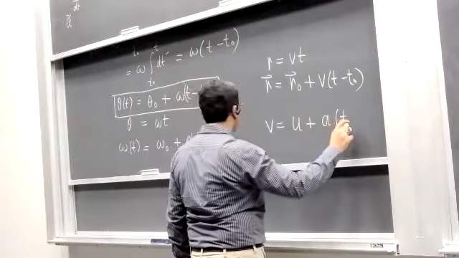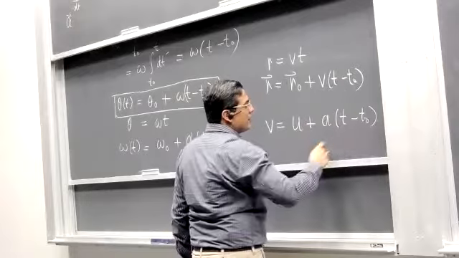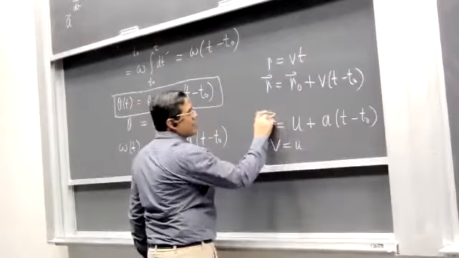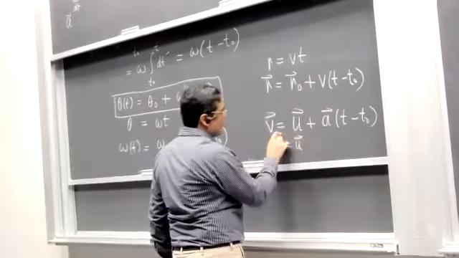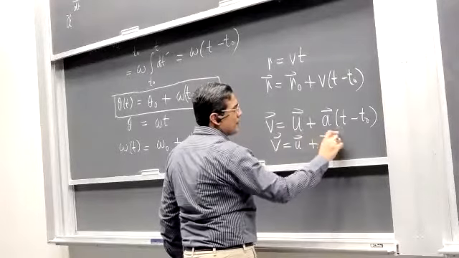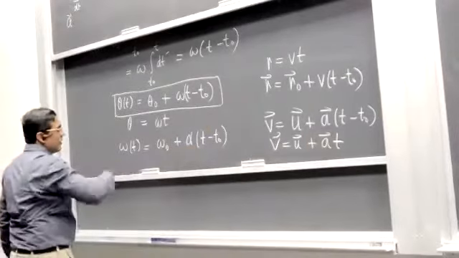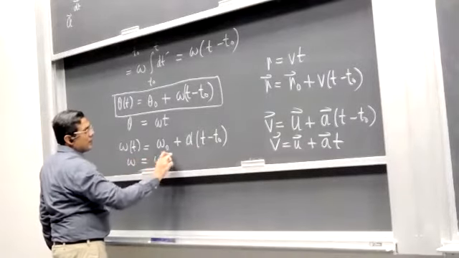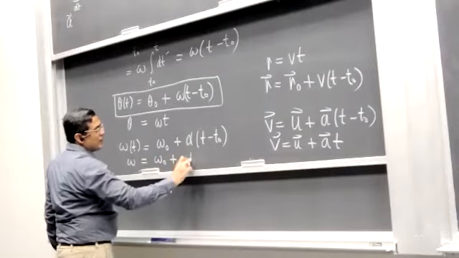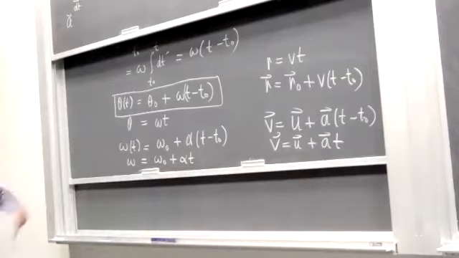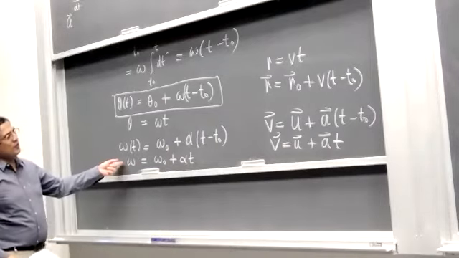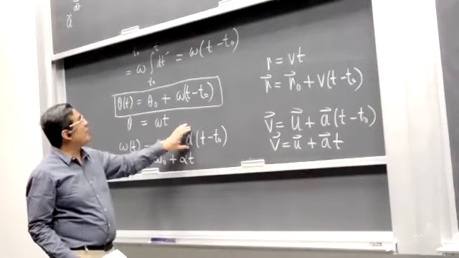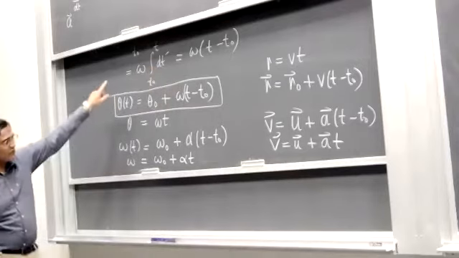More generally we write t minus t naught, but then we take t naught to 0 and then it looks more simple, and the vector form, of course, plus at. If you start your clock at 0, then this is omega equals omega naught plus alpha t, all right? But this is only true if the rotational acceleration is constant in time. Otherwise you will have an equation that looks like this, a more general equation.